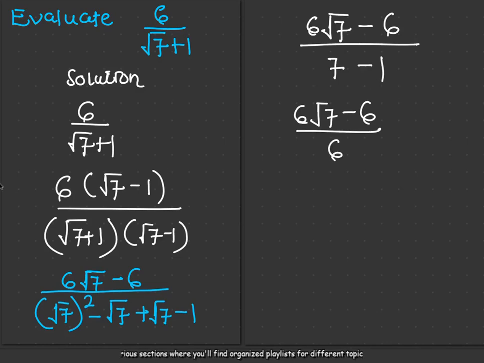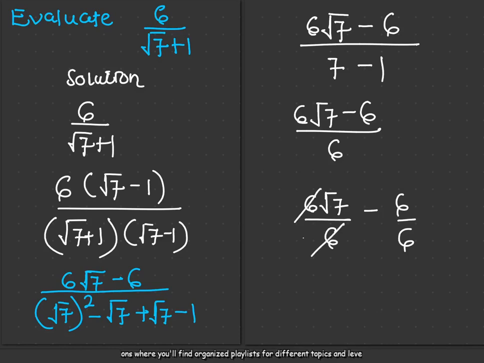Now, per the laws of fractions, we can easily distribute the denominator over both, so that we have 6 root 7 over 6 minus 6 over 6. And this one here cancels this, this cancels this, 1 each. So that at the end of it all, we have root 7 minus 1. Very simple and direct. You see? So this is how we apply the conjugate of sets, and for this matter, binomial sets, to rationalize